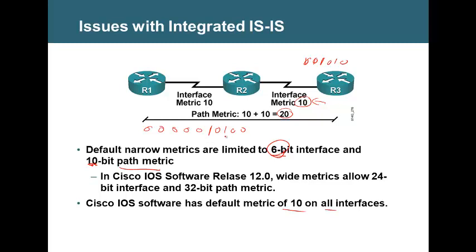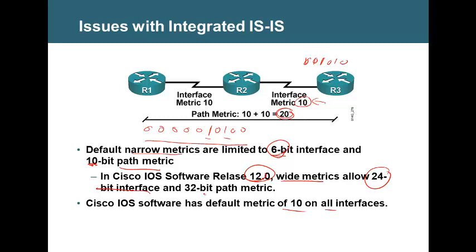Whereas in Cisco, after 12.0, all today's versions of the operating system support wide metric, which is 24 bit for interface and 32 bit for path. It's a very big number actually. Earlier it was only 6 bit for interface, now it is 24 bit. Earlier for path it was only 10 bit, now it is 32 bit. Now where is it used? Wide metrics are used whenever you are doing the IPv6 version of ISIS,